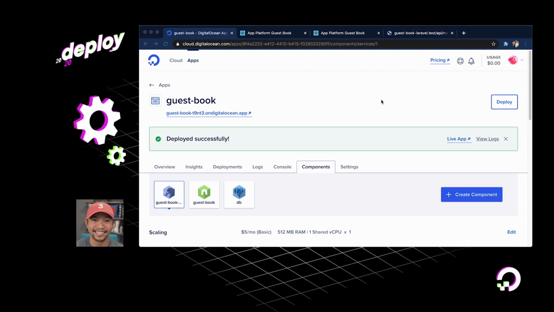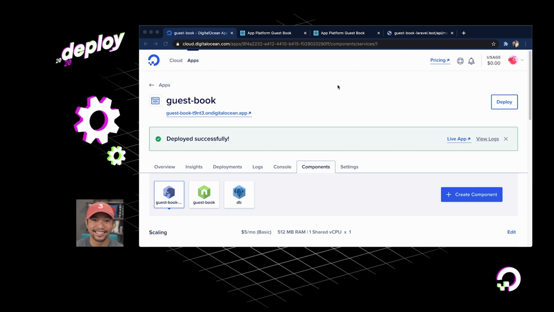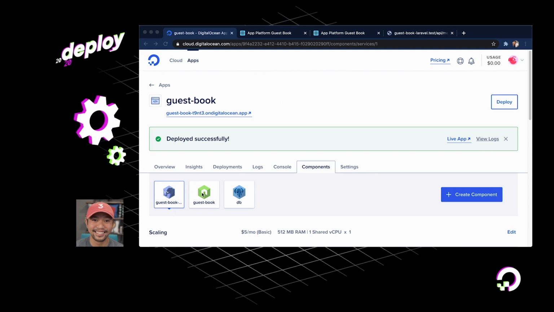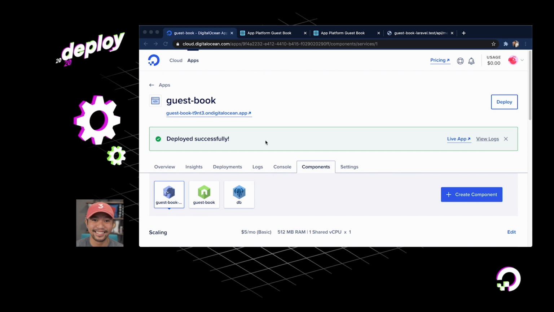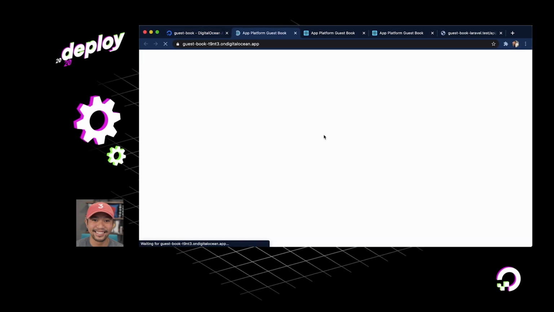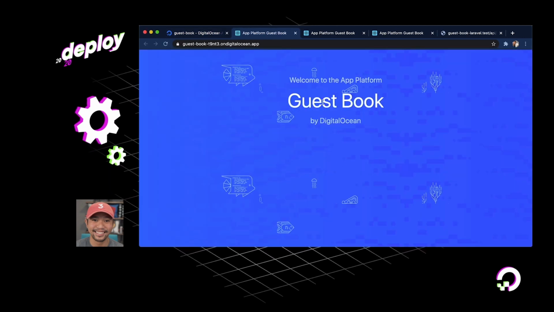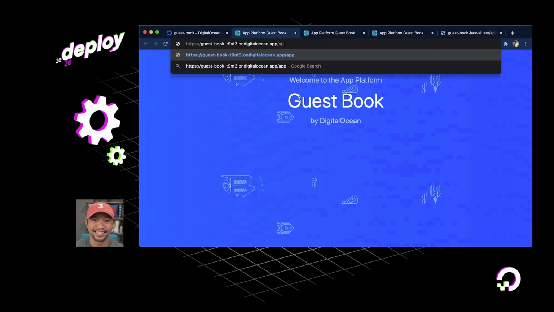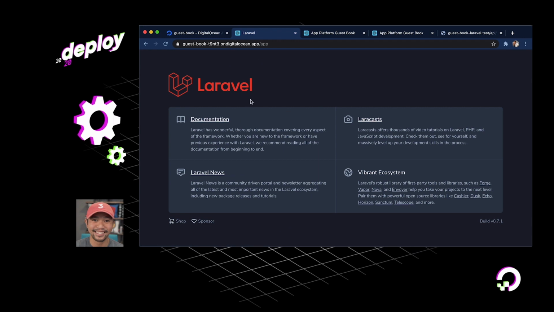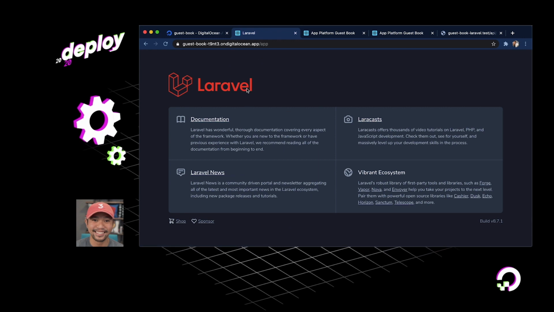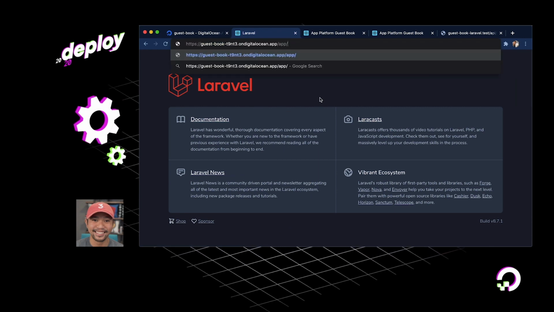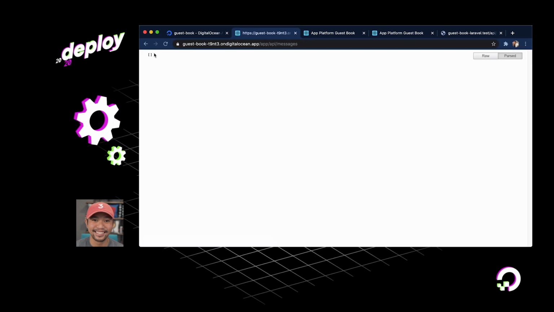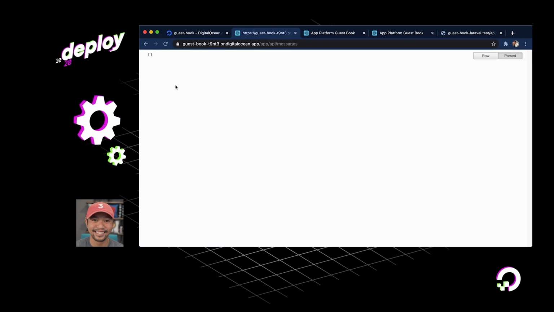We now have our Laravel app deployed. Super, super cool here. So we have Laravel backend API, we have a React frontend, Postgres database. Let's see our app now. So no changes here. We still have the React frontend at this / route. So if I did /app, we should be able to see our Laravel app, and we do now. And if we now go to /api/messages, we should have our live API, which has no data.